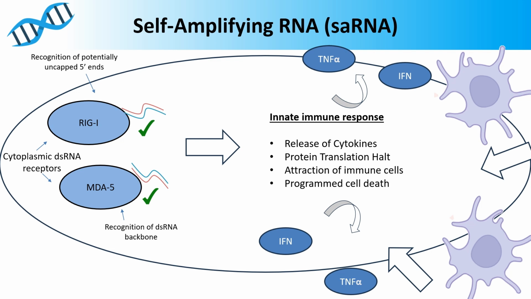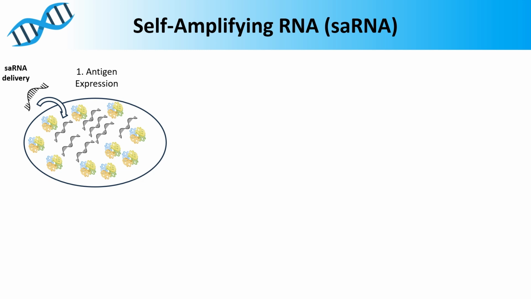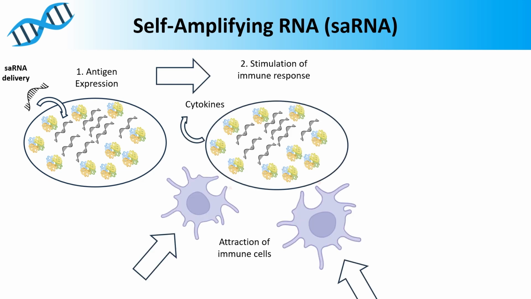So this may seem like a bad thing if you're trying to use self-amplifying RNA in cells, but if you recall last week's lecture on the immunology behind cancer mRNA vaccines, and by extension conventional mRNA vaccines, this is actually exactly what you want to happen during any vaccination. First of all, we want antigen expression, followed by the stimulation of an innate immune response. Both of these are essential if you want to have any kind of adaptive immune response initiated, leading to the